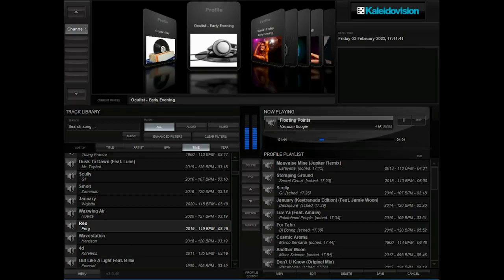Hi there, here's a little video that's been created as a simple how-to guide for the control screen of your CollaiDivision music player that you recently had installed. There will be some PDFs that have been emailed to you. You can print those off and use them as guides, but this video will show you a hands-on way that